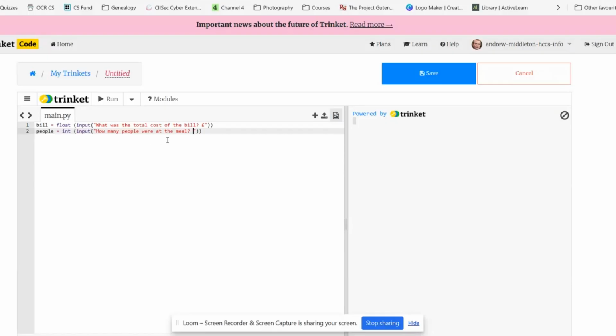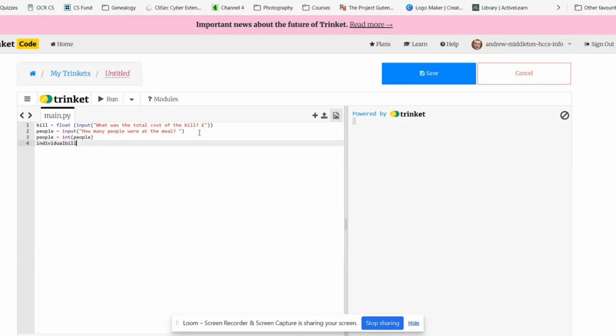Now I could have, instead of putting that double bracket there, taken out that bracket and done it the other way, by putting people equals an int of people. If you prefer to lay it out like that, lay it out like that. But do the way that suits you best. Do it the way that you will find the easiest and the most logical to do. And then